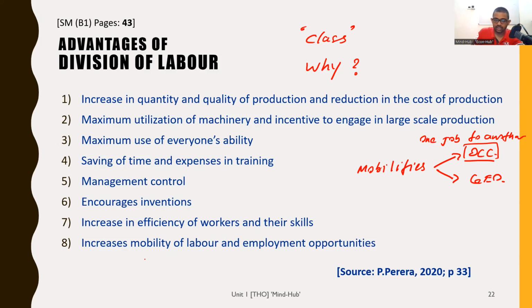But if you have developed a specialization in a particular part of the manufacturing or production process, you can use that specialization and apply it in another factory, another company also. So there are people who are willing to hire you because you have that specialization. That is the mobility aspect there. Now that could be a disadvantage also, because you have only specialized in one activity. So some of these points have two sides to it, right? Did I make sense?